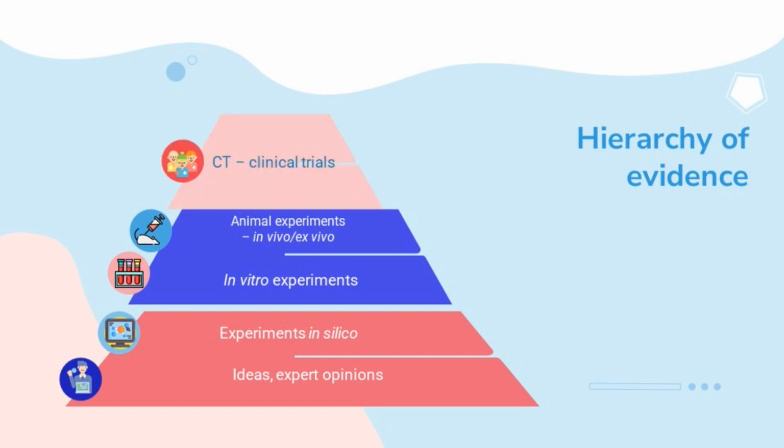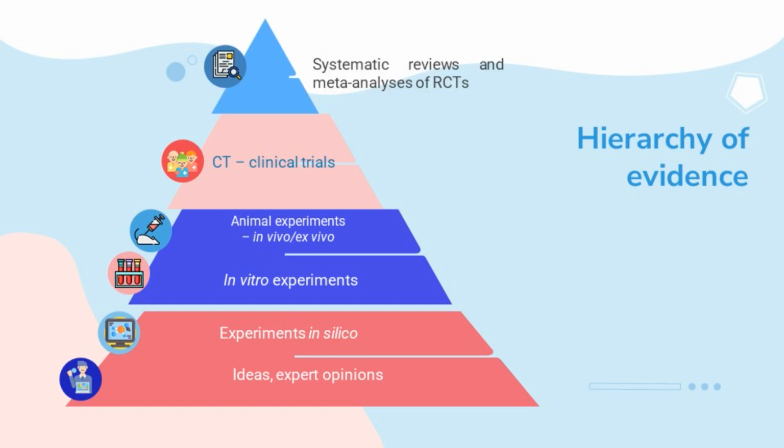The main focus in medicine, however, is on evidence from clinical trials. This pyramid is topped by the highest level of secondary studies, systematic reviews, and meta-analyses. It is important to clarify here that these should be systematic reviews and meta-analyses on randomized clinical trials, not other types of clinical trials, which I will explain in upcoming lectures. As you can see, the opinion of non-specialists is not here at all.